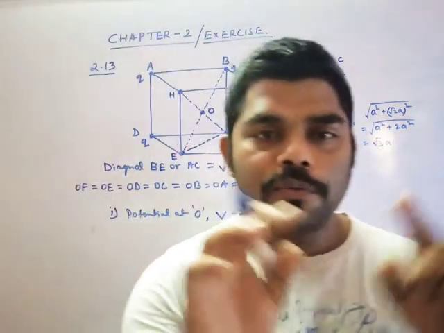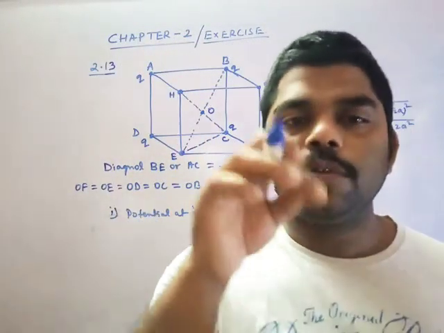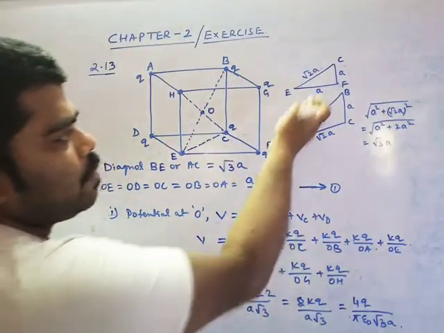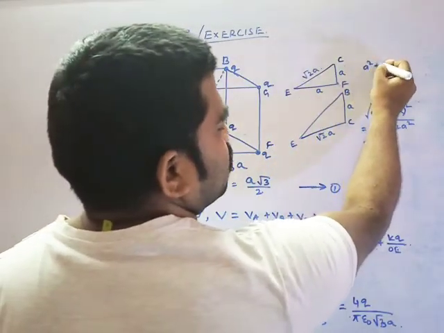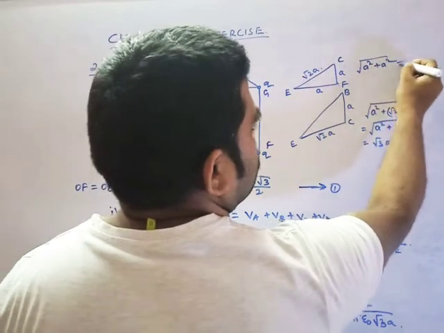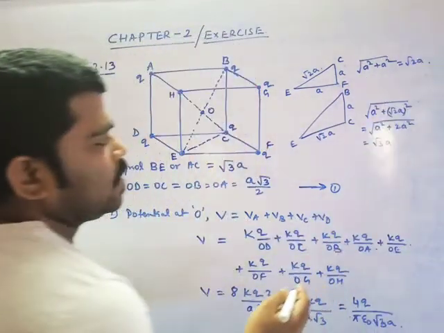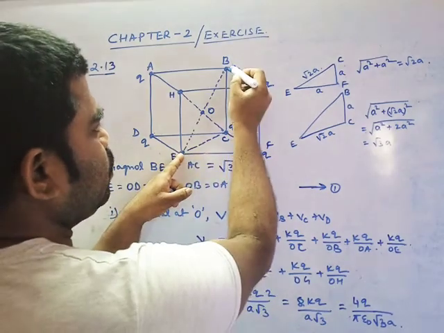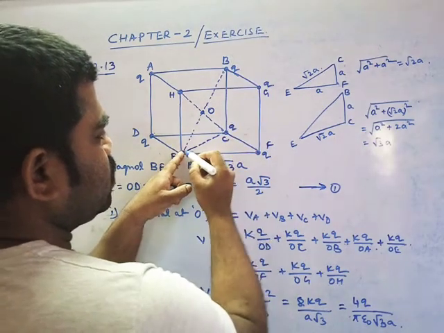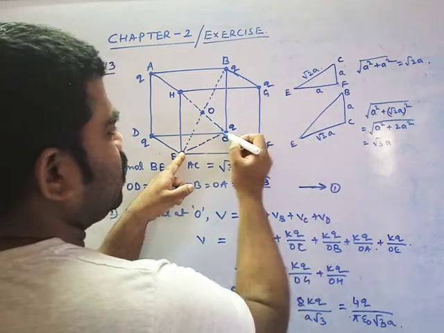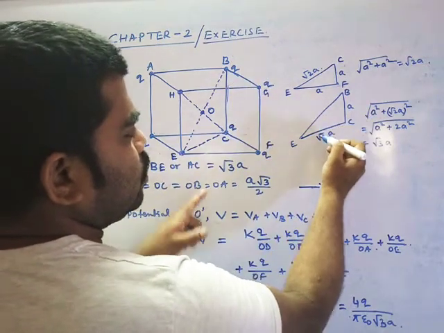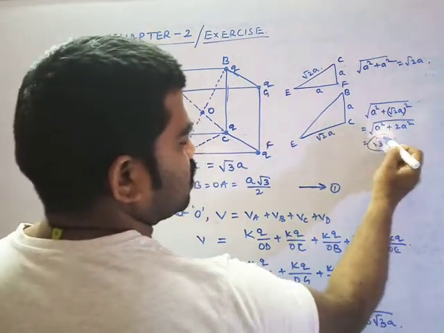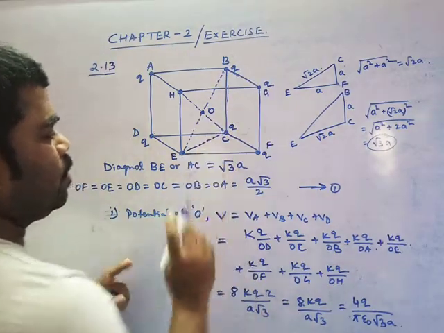The diagonal of a square is always root 2A. This also requires Pythagoras. इसमें भी तुम Pythagoras लगा सकते हो, and you can check. So it is root 2A. Similarly, after getting this root 2A, अब मैं इसको ले लेता हूँ E, C and B. You can see this is root 2A, already you got it, and this is A. If I use Pythagoras again, I will get this. So overall ये मिल गया कि मेरा diagonal is this.